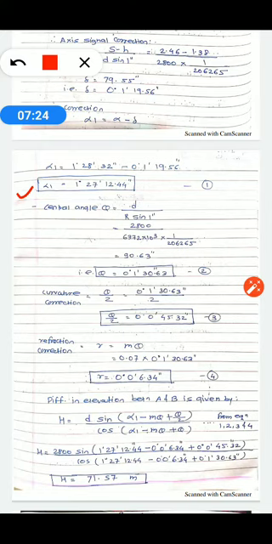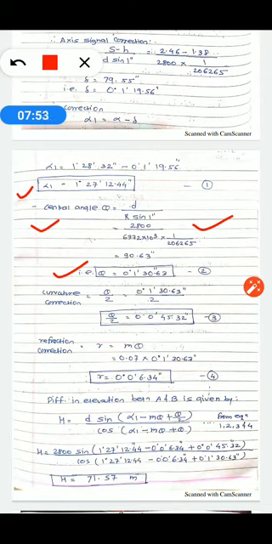Okay, now what is the next step? The next step is to determine the central angle theta. As we know, the formula is D upon R sine of 1 second, and we know all the values: D is given, and the value of R is also given. Just convert that R value, which is given in kilometer, into meter by multiplying by 10 raised to 3. Then the value of sine of 1 second is also given. So put all the values, and after putting them we get the value of theta.